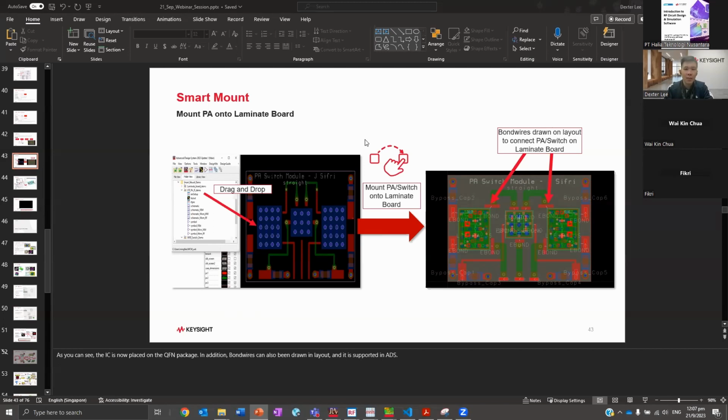And then the virtual test bench, if you are using Golden Gate, then that will be available. But if you are using any other circuit simulators, then you will not have the virtual test bench capability. Okay, so I hope that answers your question. For the next